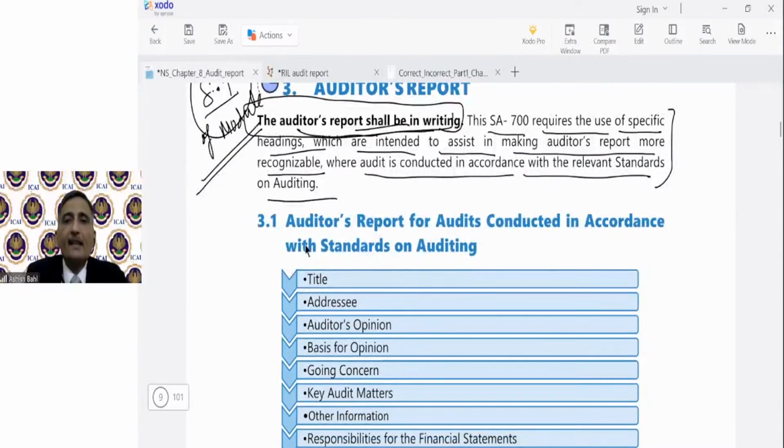So when an audit is conducted in accordance with standards on auditing, then this SA 700 requires that these headings should be used in the auditor's report, like title, addressee. Okay, so this heading should be used, and below this heading, there should be narrative matter. Okay. Auditor's opinion, basis for opinion, going concern, key audit matters, other information,